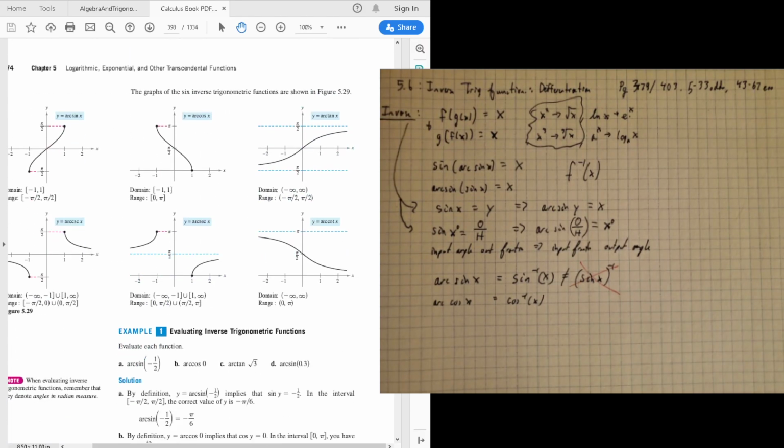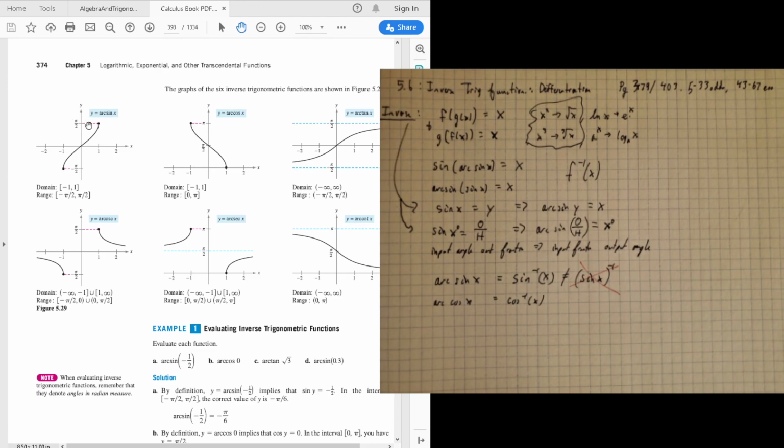It's important to note that when we talk about these functions, they are also graphable. These are the 6 different graphs for these functions. So this is the graph of arc sine. And notice that the graph of arc sine looks like the graph of sine just turned. In fact, if I was to pull up that graph one more time,